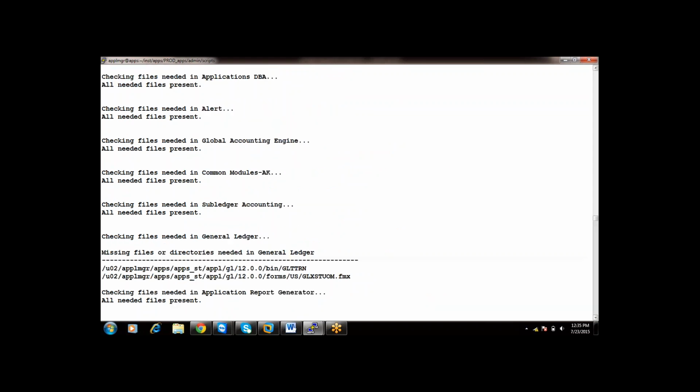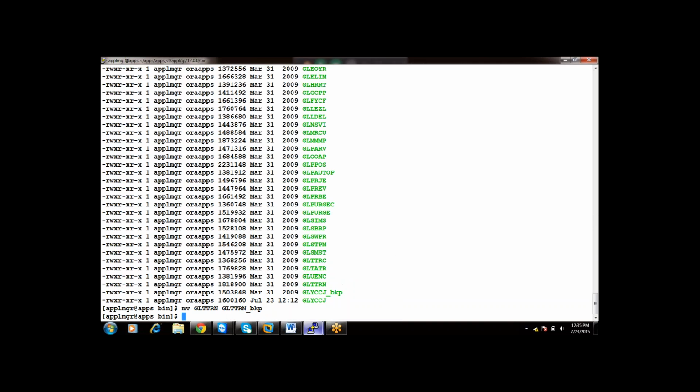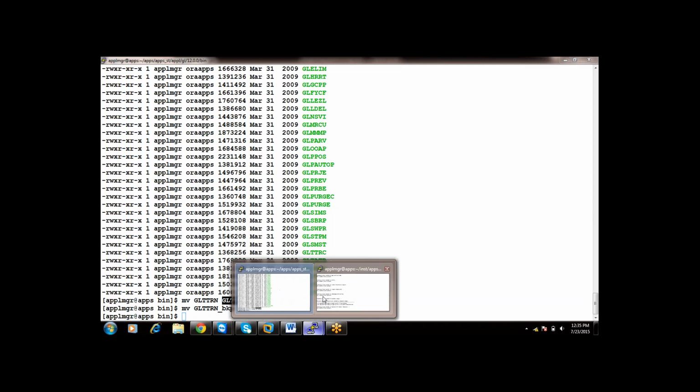See, now it is showing two files under the GL. One is the bin which we have taken backup of, and there is one more form file which we have taken backup of previously. It didn't regenerate it. So if you suspect any file is missing in Oracle applications, you can confirm by this.